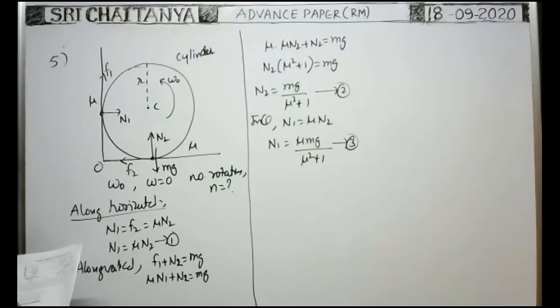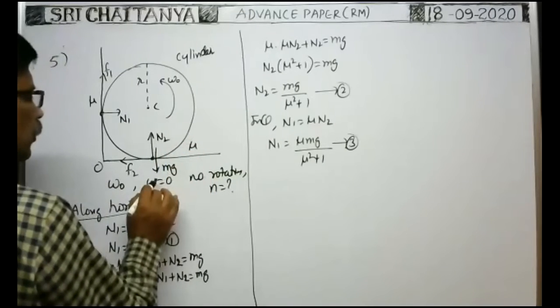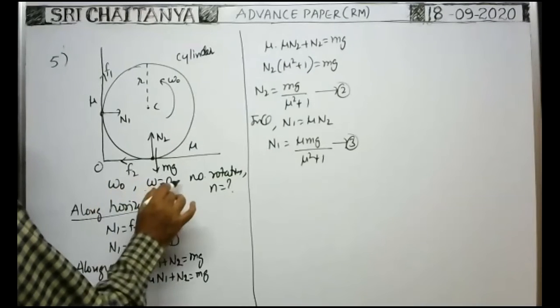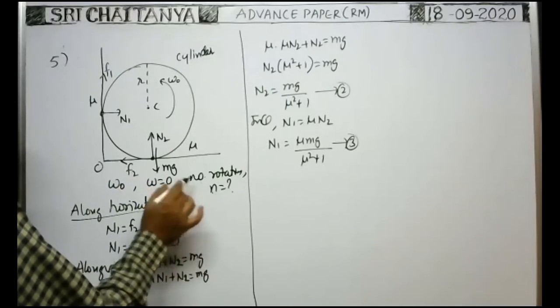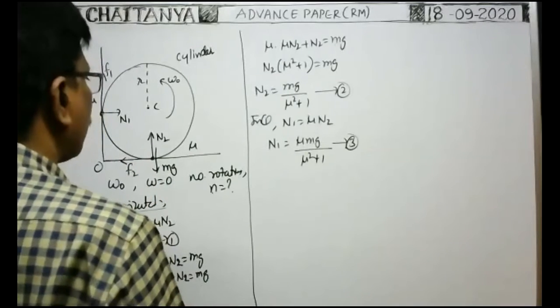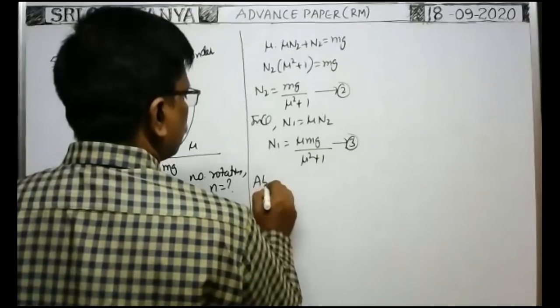Therefore, we have to find the number of rotations made before coming to rest, given the initial angular velocity. For that, we have to find the angular acceleration. In order to find the angular acceleration, we need the torque. So about C,